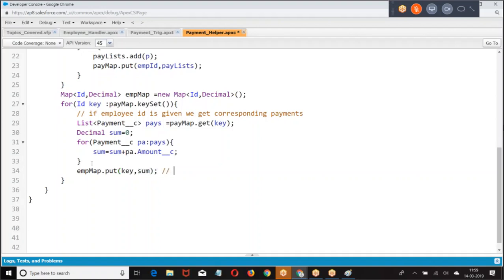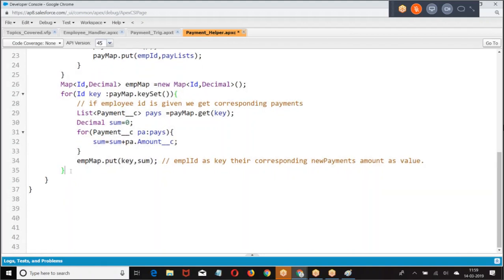So what is this? Employee ID as a key and their corresponding payment, new payment amount as well. This is what I told.